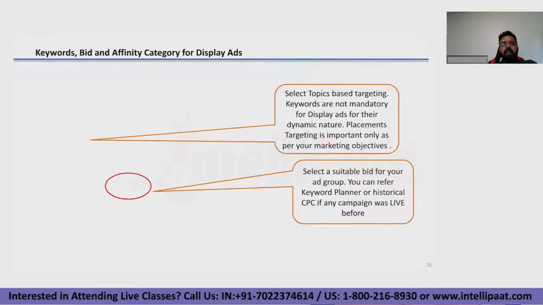One more interesting aspect about display ads is, if you notice here, I'll just give you guys a little bit of time here. You can look at the second tab. Demographics is already set. There is something called content. Just go through the various